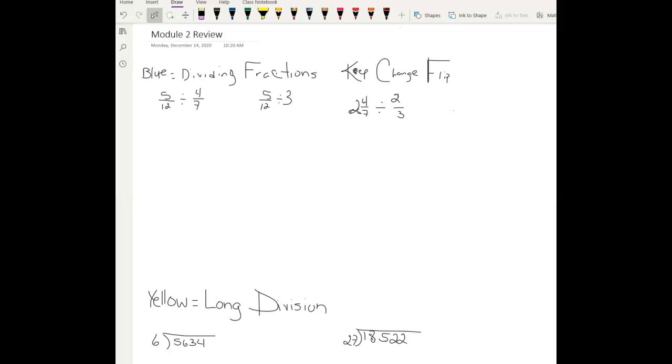You should see, my little math minions, it says Module 2 Review, and there's some things already written in there. And I'm going to go through, and what I'm going to do,